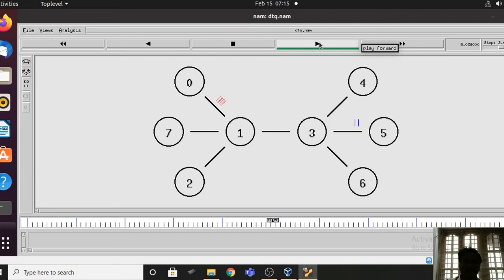As I have given more capacity for the other channels, you don't have that problem. If you reduce the capacities of these channels, then you can observe that. So that's what we are going to do. As of now, no dropping of packets has taken place because there is enough capacity.